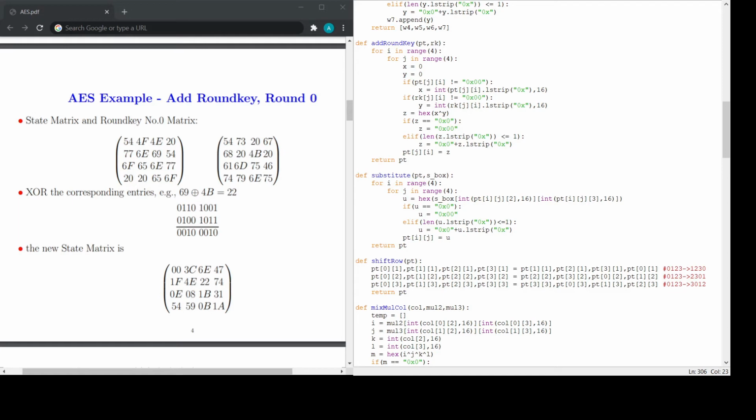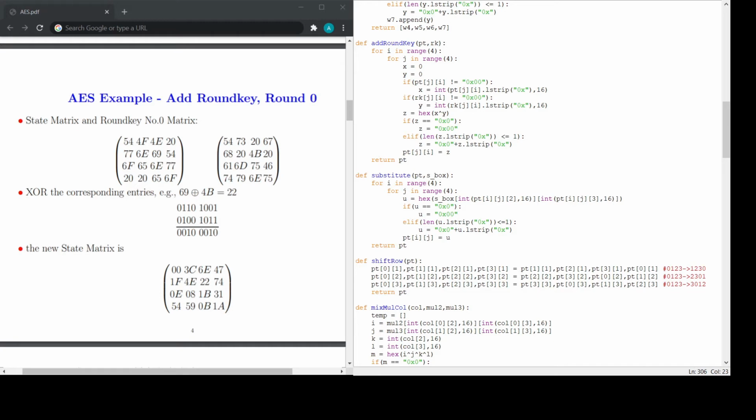For example, if the value is 0xfa, then we first extract f, which is the second index, then convert it to the integer, which is 15. Then look at the 15th row in the sbox. Then we extract a, convert it to an integer, which is 10, and hence look at the 10th column in the sbox. The value at this position is the new value at which 0xfa is present.